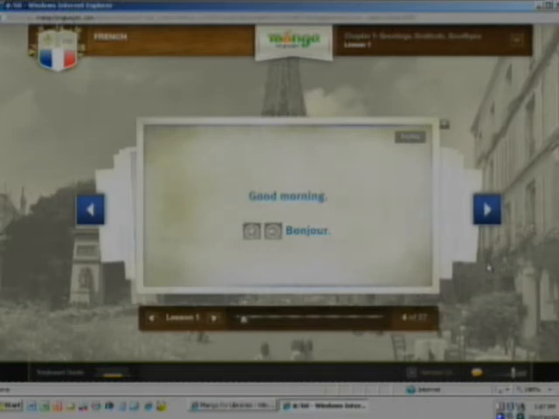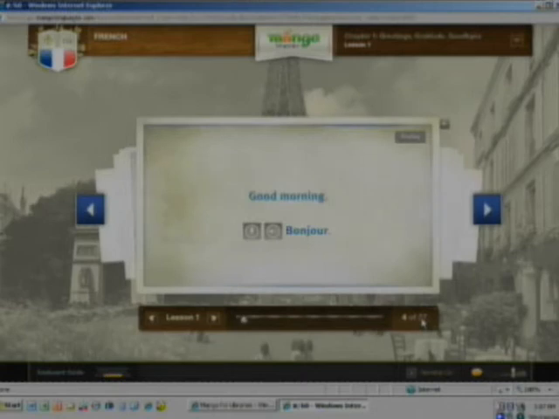Okay, so again, it just breaks down the conversation for you line by line, and then it goes over each individual word so that you can catch the pronunciation and then practice on your own. Down here, it keeps track of the lesson that you're in, Lesson 1. You can fast forward or go back to previous slides. And then it keeps track of, within the lesson, how far along you are. So right now, we're only on slide number 4 of 57. So it's a long lesson.